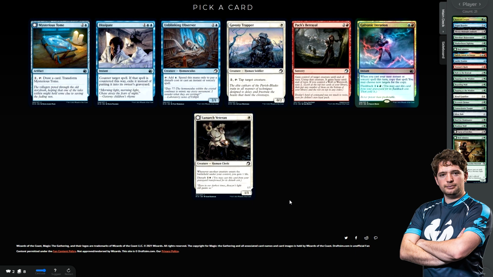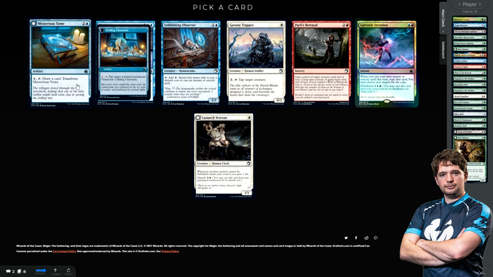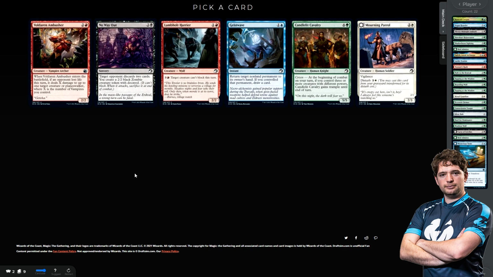It's pretty late Lunarch Veteran. Some people that are doing this column are going to be thrilled about it, I'm sure. I think it's a fine card, but I don't see how it could have been white here. Maybe I should have. Either I'm taking the Galvanic Iteration or the Mysterious Tome, I think are my two options. I'll probably just take the Tome here. I don't love it, but...